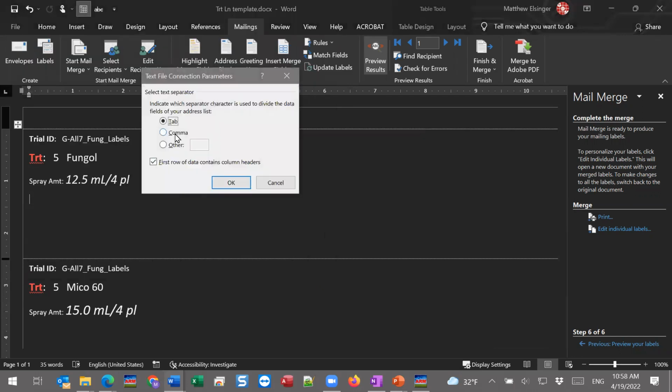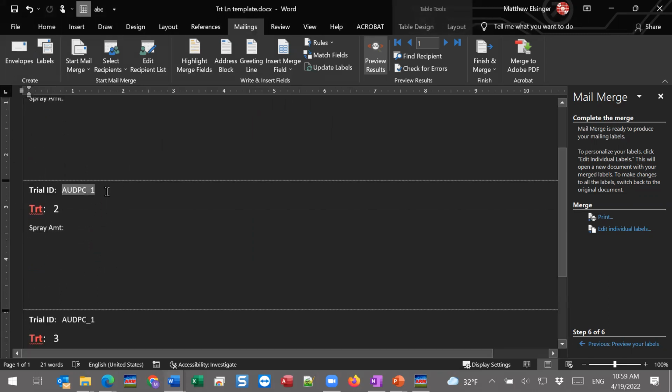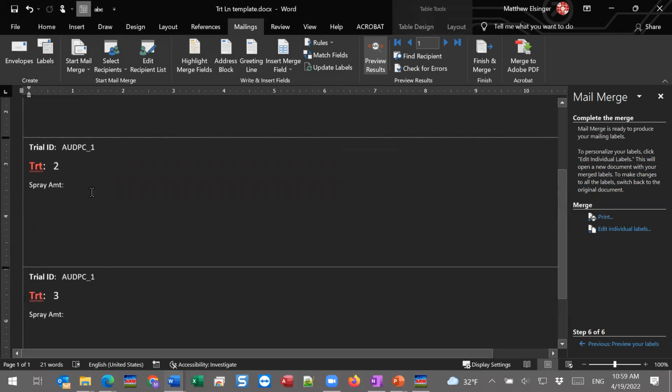And then I can go through that same process. I'm just going to guess that it's a comma here and hope that I'm right. I can go through that same process, and now it's updated my labels for that trial information. It looks like it didn't have anything very exciting in it, but at any rate,